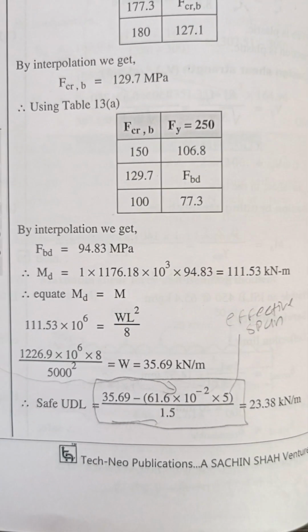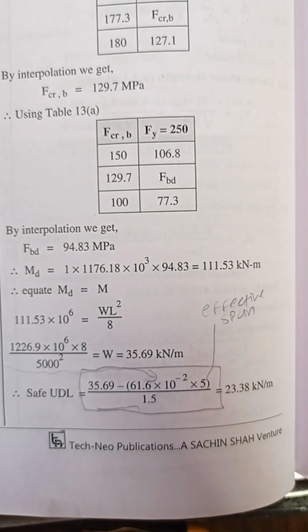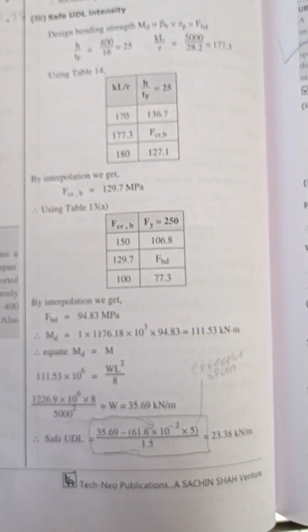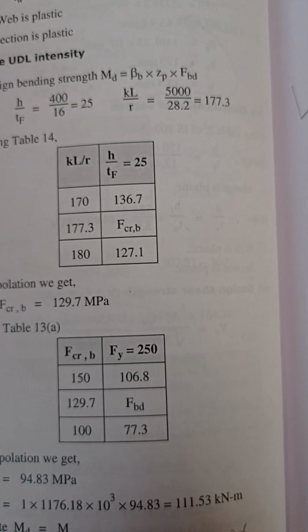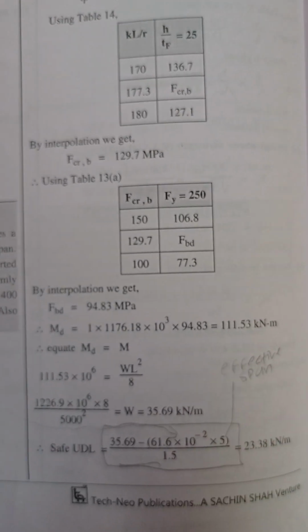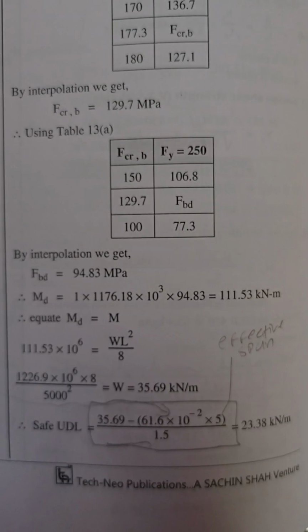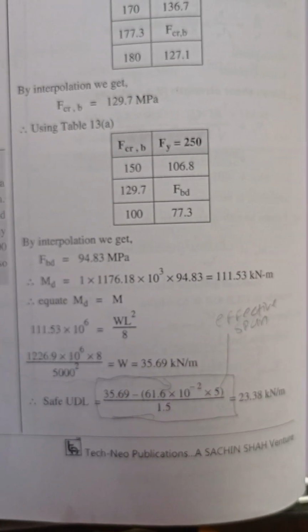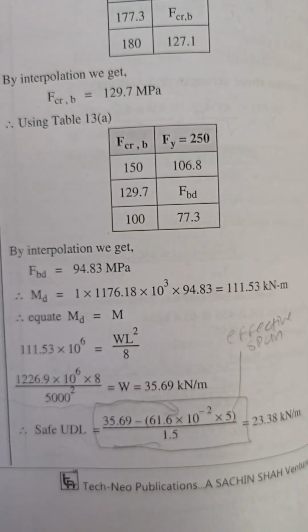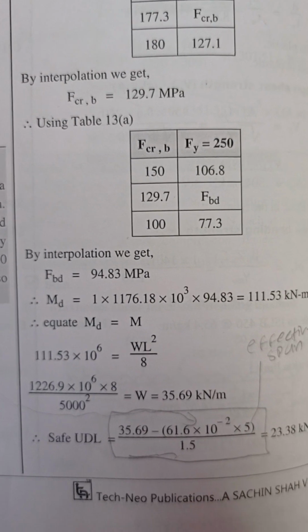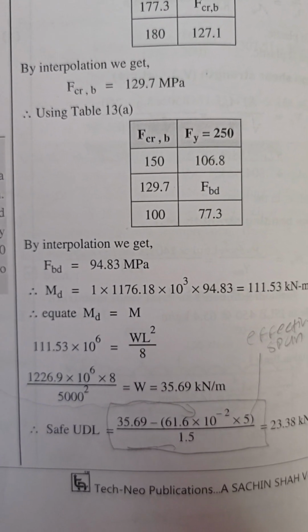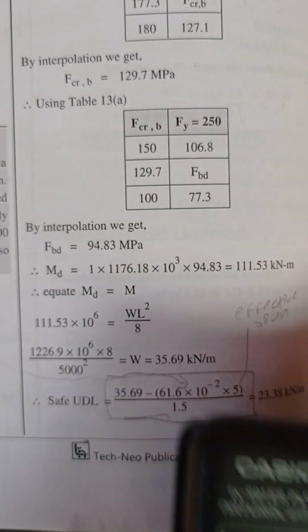Now what we need is MD. We find the FBD. Here in the formula for FBD, we know the ZP, BB. Now what you need to do is find the MD. We calculated the MD here. If you just do this calculation, you get the MD. M equals WL square by 8. This is the formula of M. So using this equation, what we need to do here is,